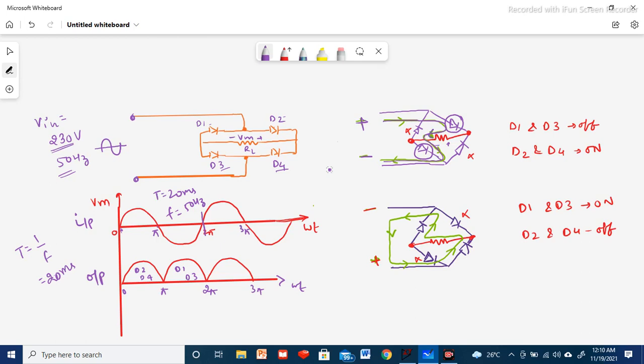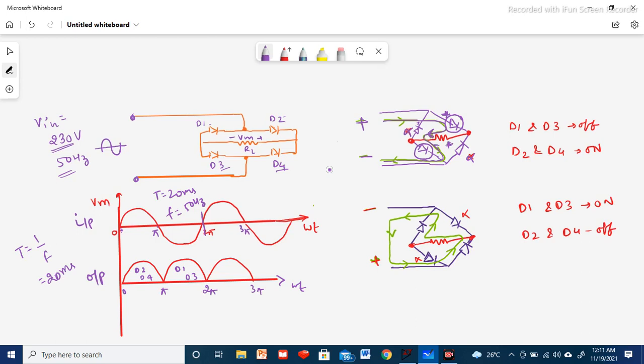The polarity is plus and minus. Current goes in this direction across this load resistance. The positive terminal comes here, and here also it is positive. So it is P-N, and when N is connected to the positive, the diode will be reverse biased. As you can see, it is in off condition because it is reverse biased. Same way for this one. When the positive terminal comes here and negative here, these two diodes will be on, forward biased, and the flow of current will be like this. So the load current IL will develop across RL and the potential difference, plus minus, will be like this.